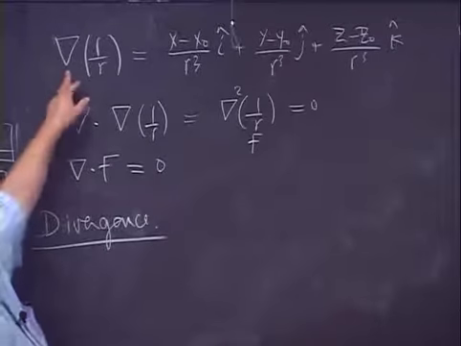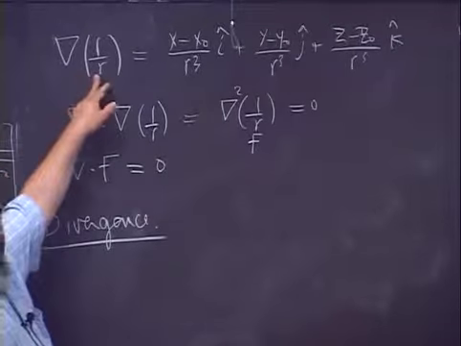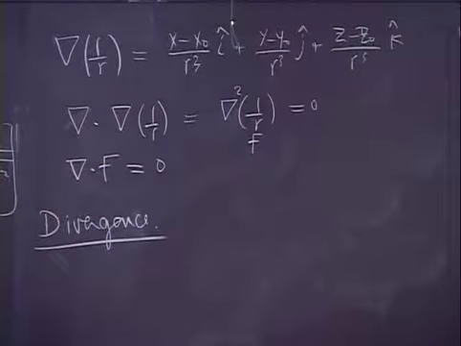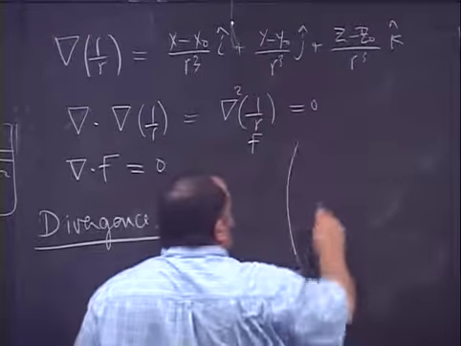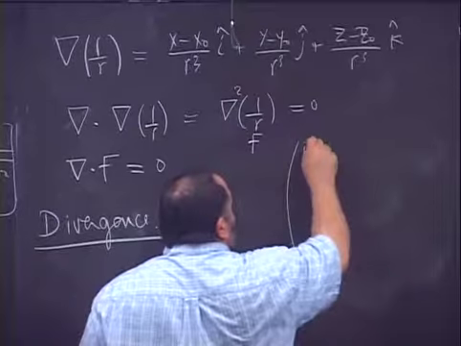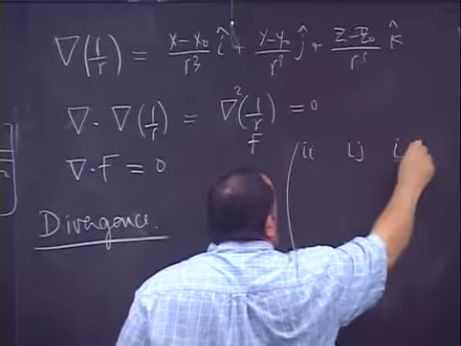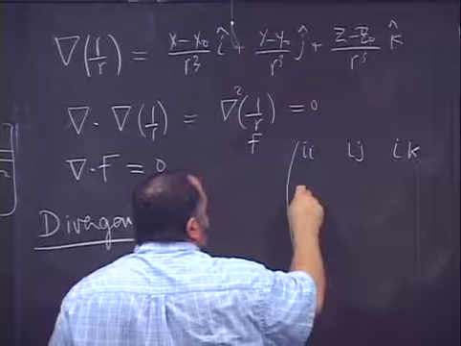Because this is a vector, if this is a vector also, you will have 9 components. So you will not have ijk, you will have ij, ik,